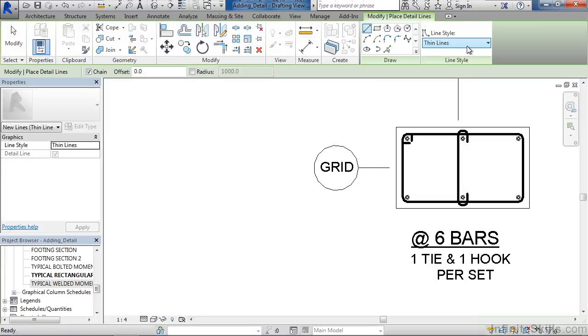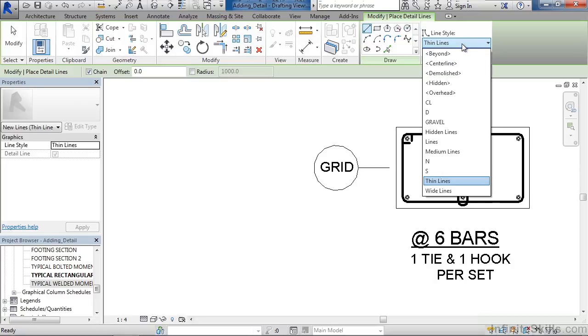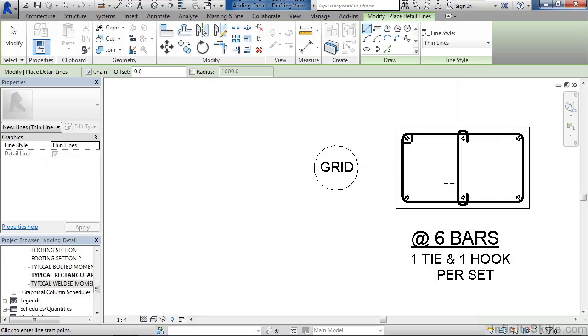Now, the first thing you want to set is your line style. That's going to be in the upper right part of the ribbon. Here we can set the different types of lines that we want to create. Now, all of these lines are managed on the Manage tab for line style. One of the ones I'm going to use initially is thin lines. So I'm going to select thin lines, and that's going to represent this rectangle that goes around the outside of this shape. Then I'll use the rectangle command on the drawbar, and now I'm just going to simply draw a